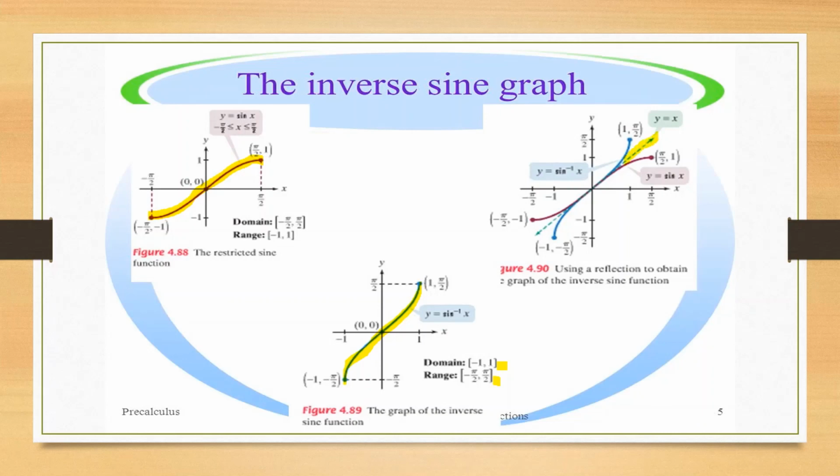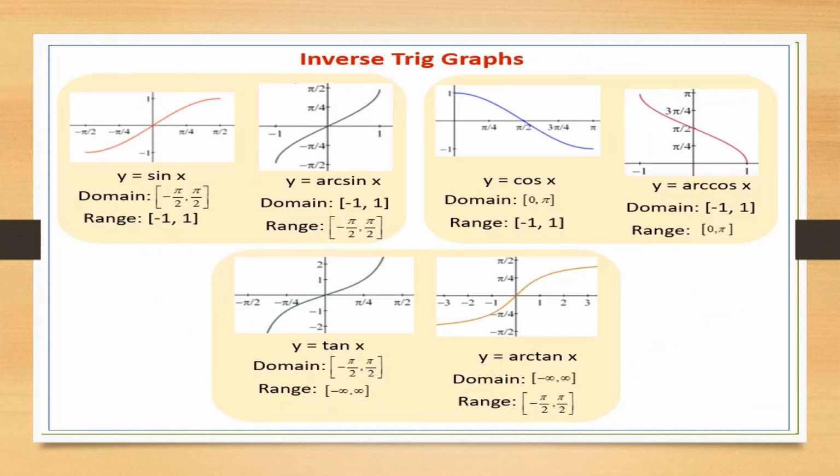Okay, now these are a few other inverse trigonometric graphs. This is for sine x and arc sine x. Arc sine x means sine inverse x. These days we conveniently write them just as sine inverse x, right? So see from here how it is behaving. This is the graph of my cos x between 0 to pi, and range is minus 1 to 1. So this is the graph of arc cos x or cos inverse x, with domain minus 1 and 1 and range 0 to pi.